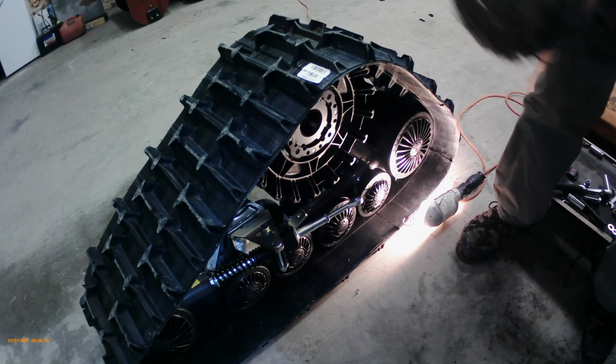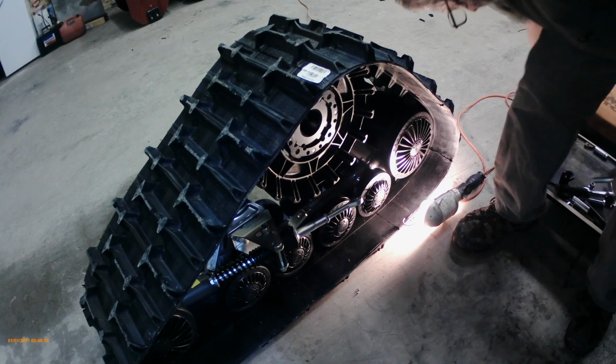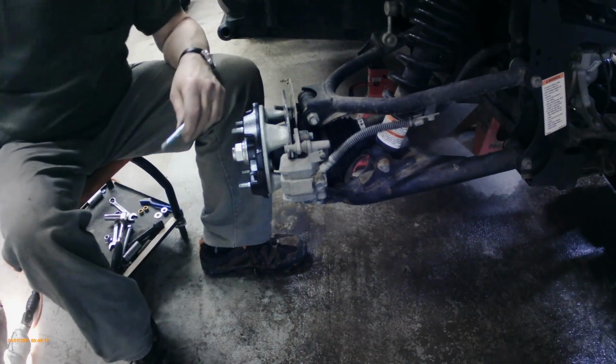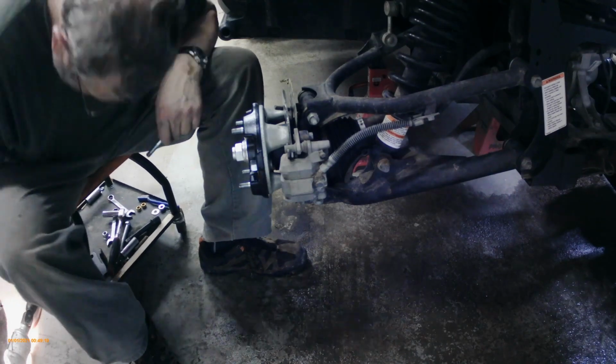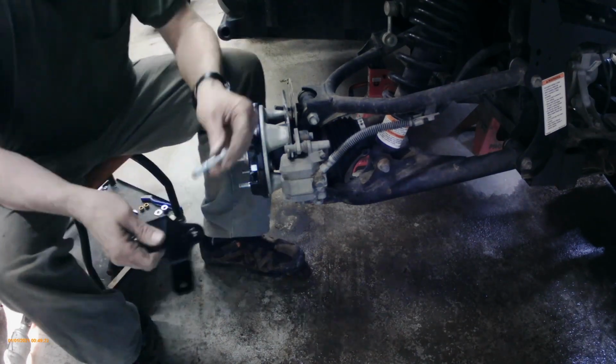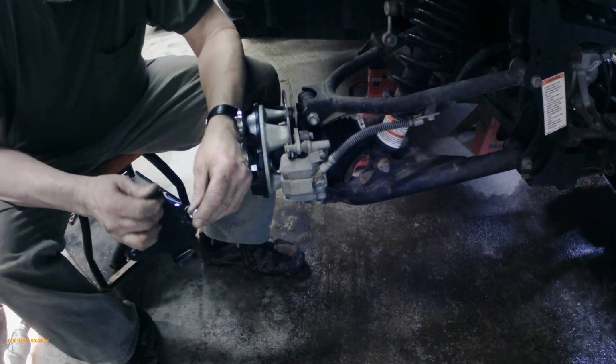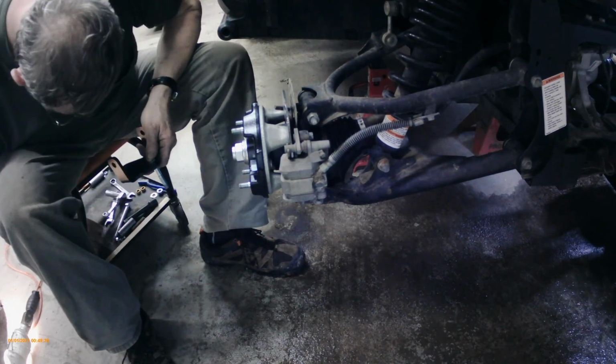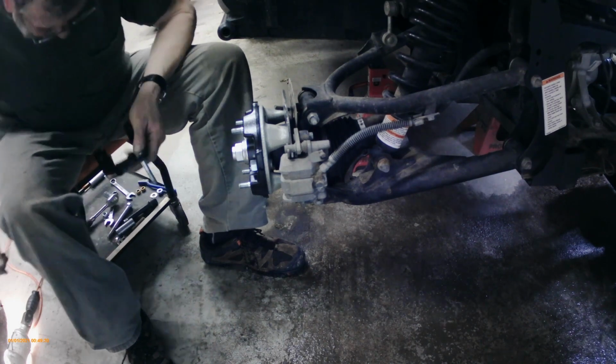So we got to make note of where the spacers go. Should be a spacer on the bottom. Okay, so I'm putting a little bit of anti-seize on the bolt here, and then put it in the bracket. Right, next,